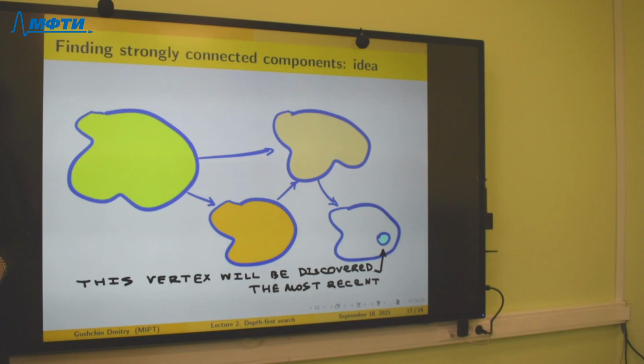It's simple too, if we reverse all edges.